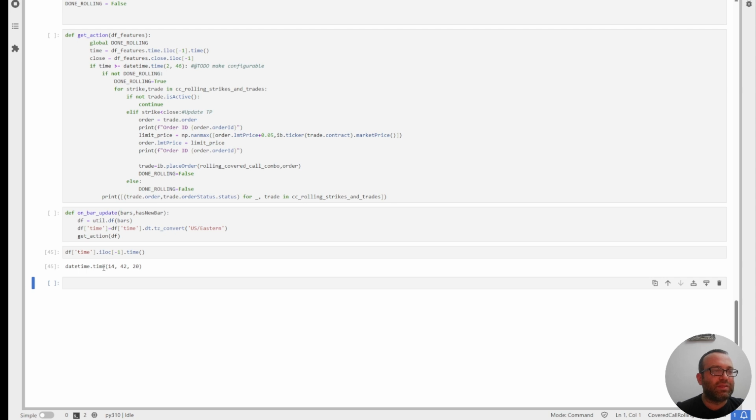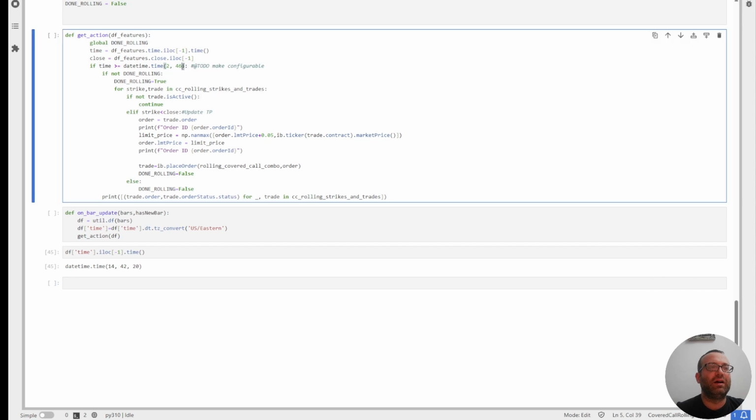So I'm checking if this is after the time we want, which is 1:30 Eastern. You know what? 1:30 Eastern is actually 13:30, so let's just write it as is. Okay, so I get the time, I get the last closing price to check if it's in the money or not. And then, if it's after the time we're ready to be rolling,